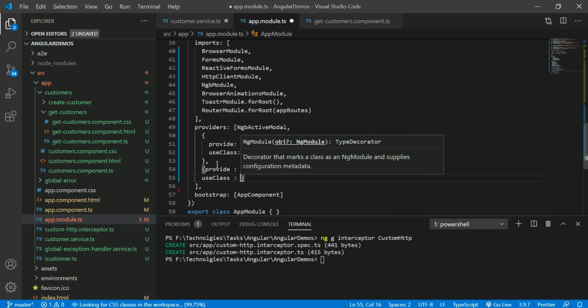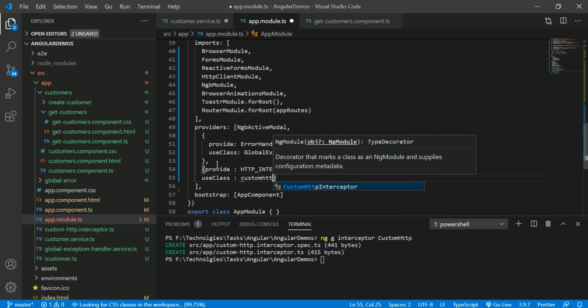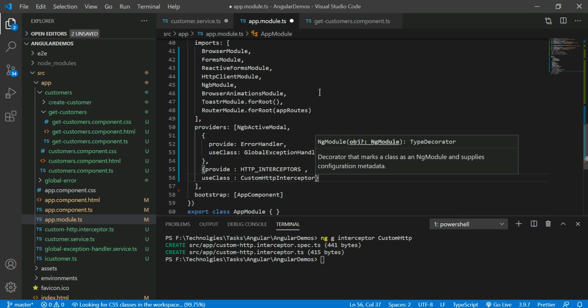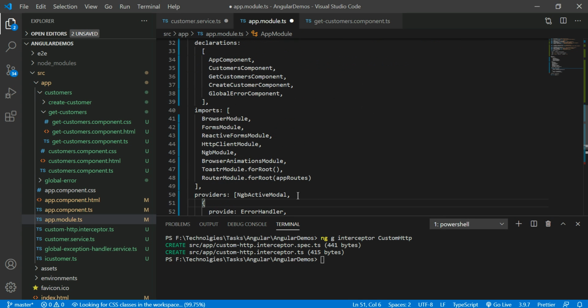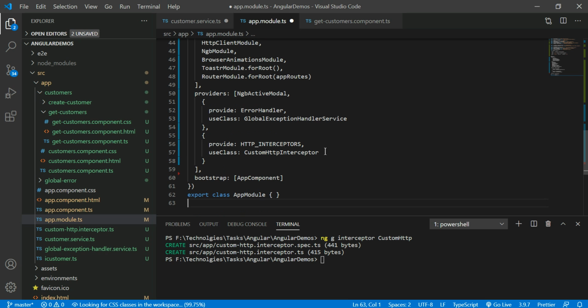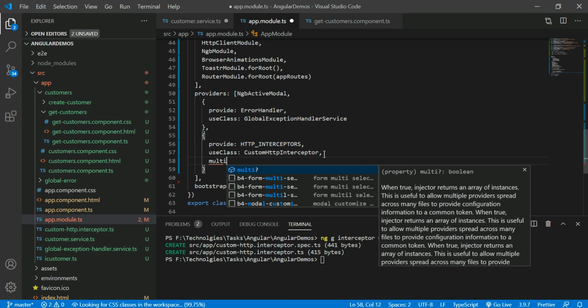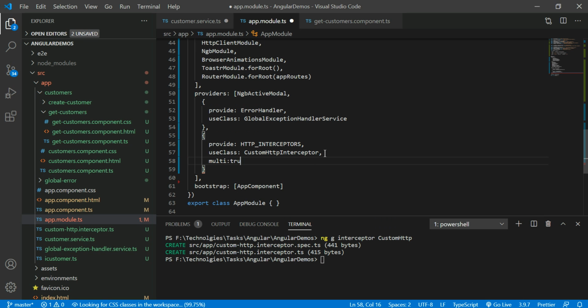So what is the interceptor right now? That is a custom HTTP interceptor. In this way, you have to prepare it; the custom HTTP interceptor should be imported from the custom HTTP interceptor TS file. Now, the second step is completed. The first step is I have created the custom HTTP interceptor. The second step I have registered it. Once you register it, make sure that it is multi: true, because you should be able to create multiple instances. That's the reason you make sure multi is true. Otherwise, you will get an exception at runtime.